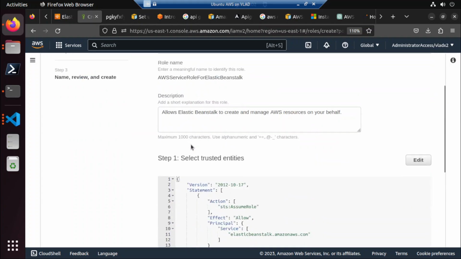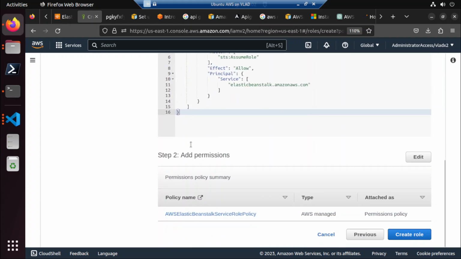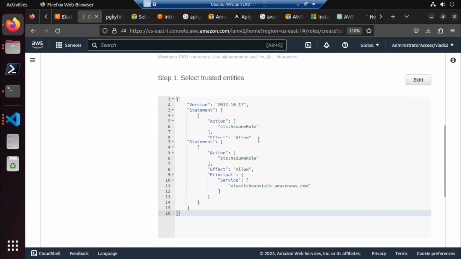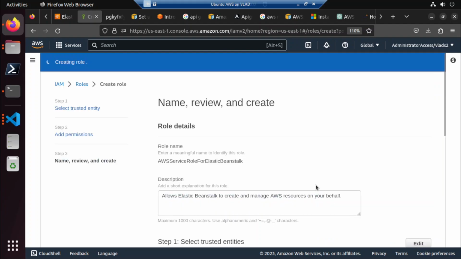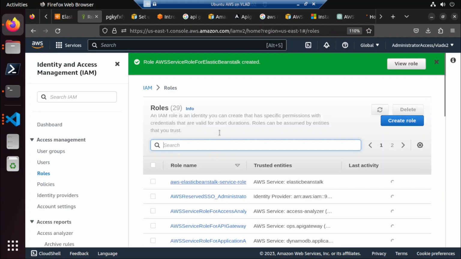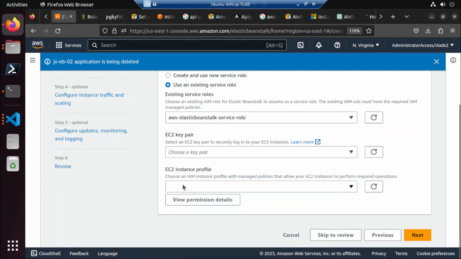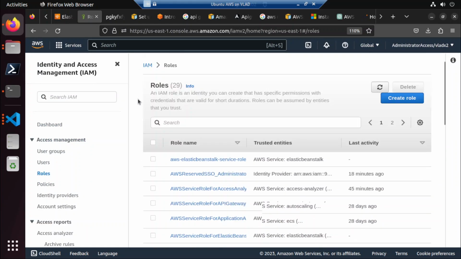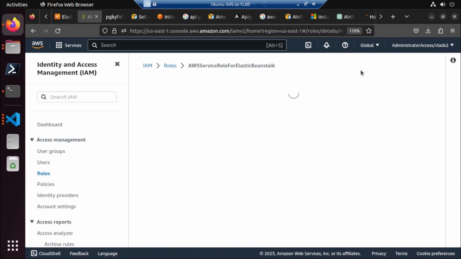Name, review, and create. Where's the name? This is the name. So this is the name. Right, so that's the name. Then we're going to view role, and then